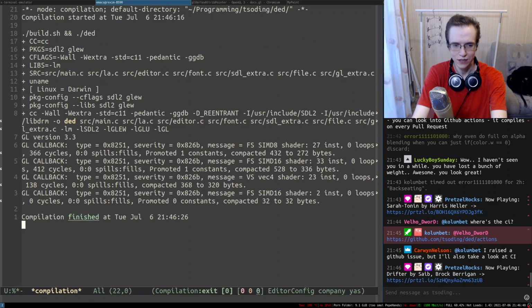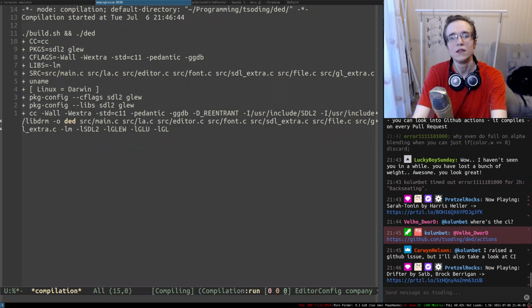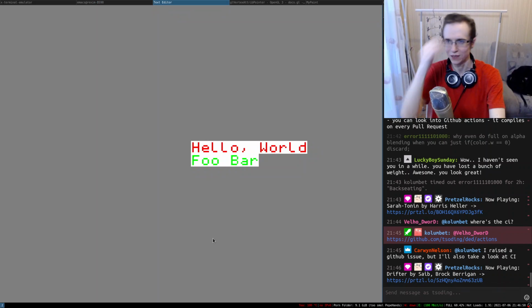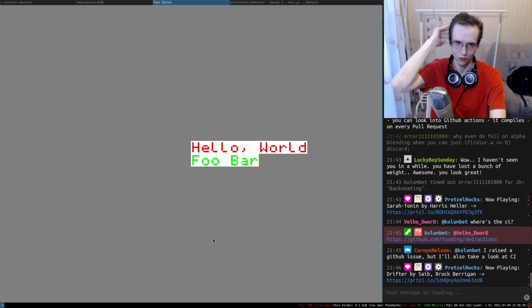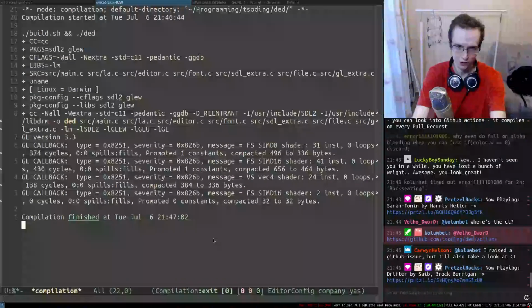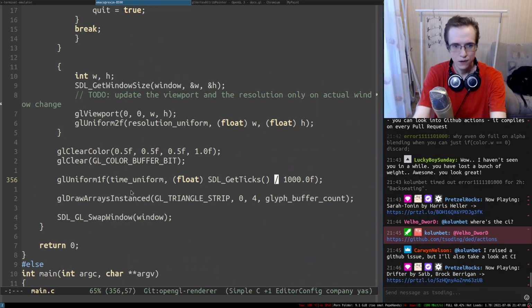If I try to do something like that, there we go, we have a customizable background. That makes sense. This is actually pretty cool. And now we can use that to emulate the cursor. So for now, I'm just going to replace this like so.